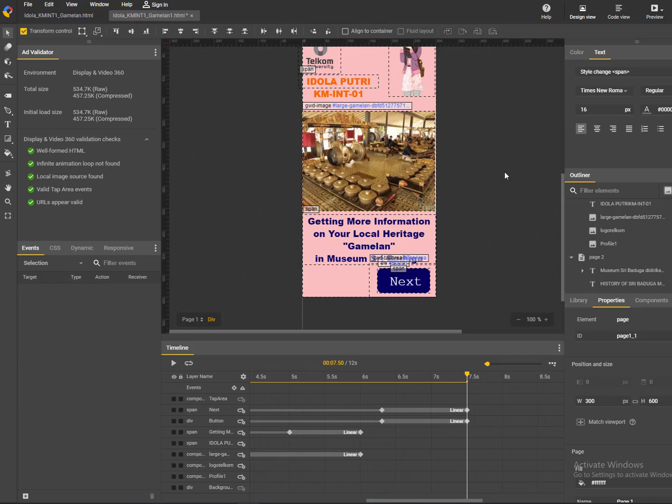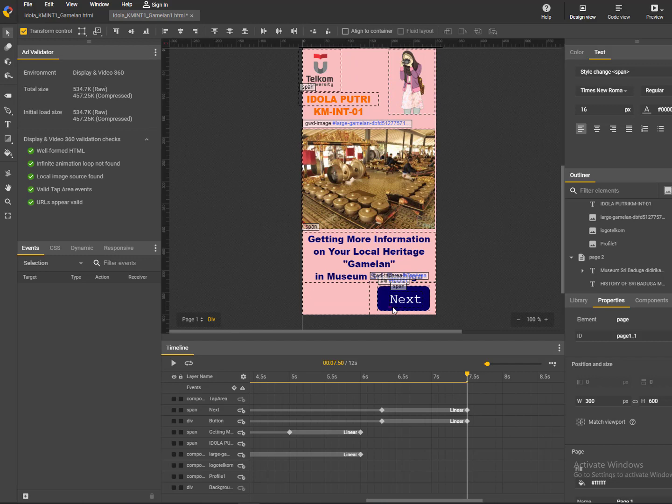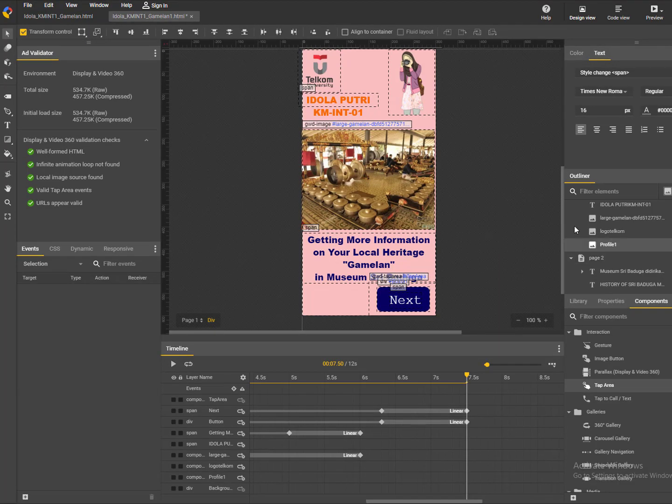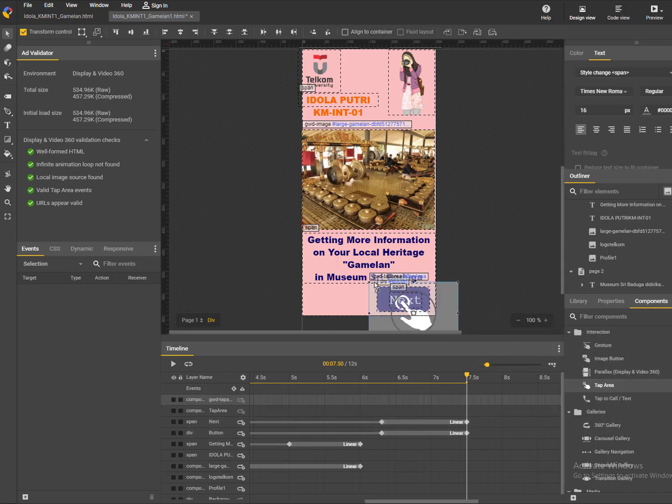Okay, now we are going to make this button so that when we click it, it goes to the next page. Okay, this is what we are going to do. So you click to the components, and then there is a tab area. The title of the menu is the button is tab area. You drag it into this next and make it the same size as your button.